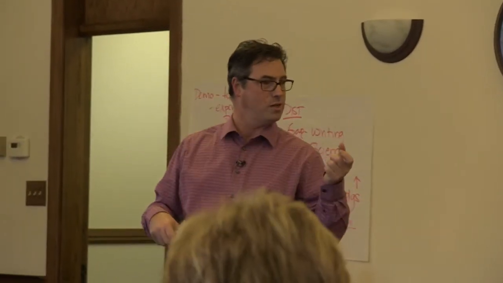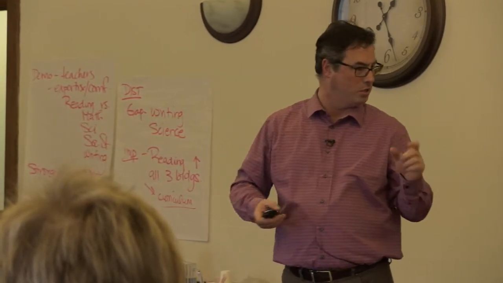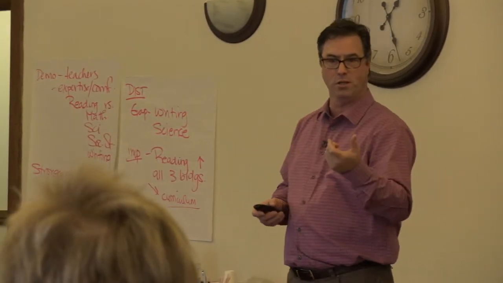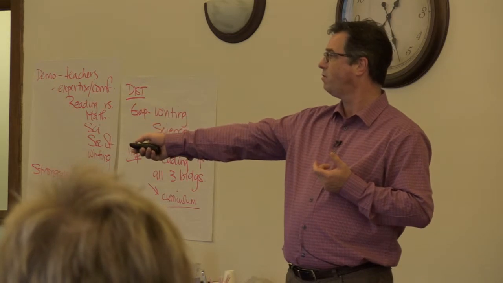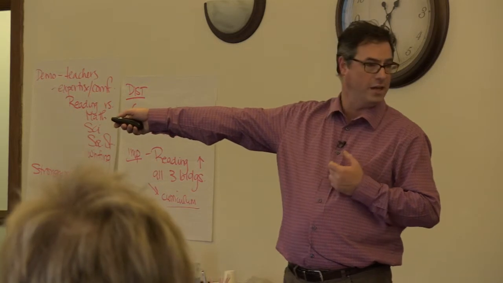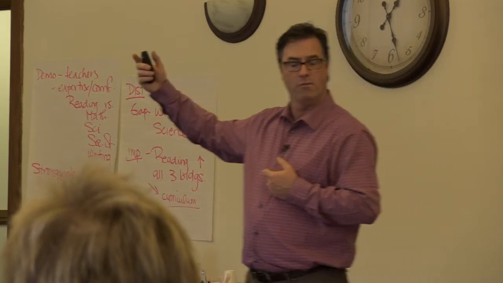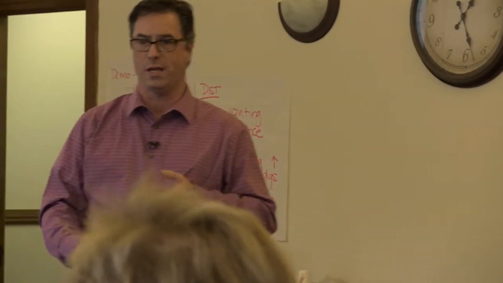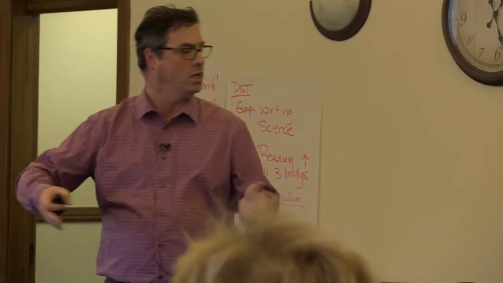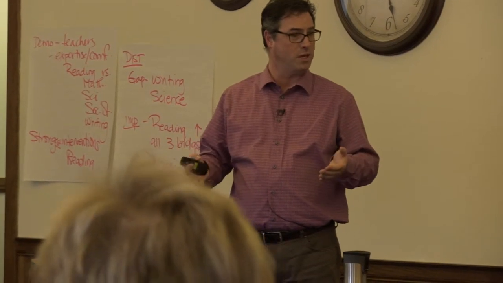So you can twist those numbers, not on purpose or anything, but depending on the number you choose, it can completely change your perception. You could say 43 out of 118, but all that 118 aren't necessarily in that 91. You see what I mean? If half, 50%, of the bottom 30% happens to be children who live in poverty, then that would be a disproportionate number, because that would be 50% compared to the 35% that we would see from the overall student population.